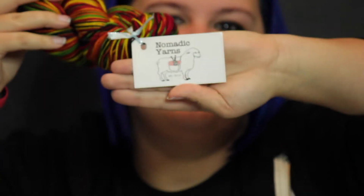So the first thing I got for myself for Christmas is the Nomadic Yarns in the Go Hawks colorway, which is Blackhawks colorway, and it's self-striping. It's going to be a pair of gloves at some point. I know Pearl Soho has a few patterns for sock weight yarn, which I like for gloves, so I'll probably have 6 pairs by the time I'm done with all the yarn I have, because I don't wear socks. So sock yarn is kind of a